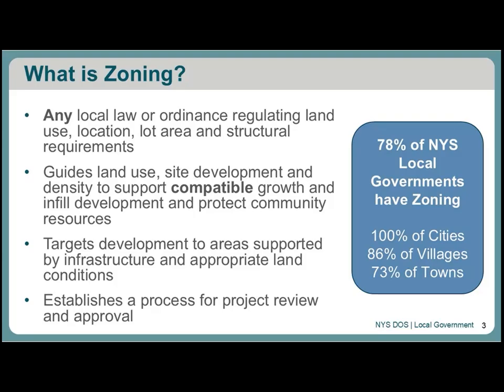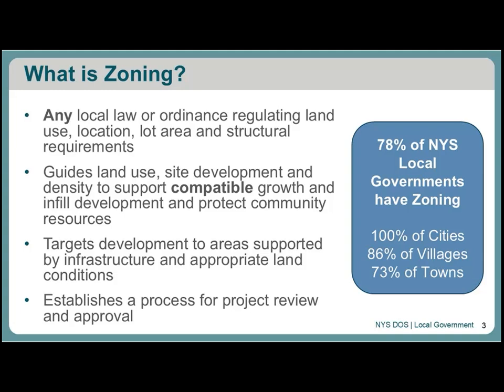Today, zoning has evolved, and we like to think that zoning is more about allowing for more uses that are compatible by addressing concerns that might make for incompatibilities, being proactive about those things and addressing them up front so that you can allow for more uses to coexist. In addition, zoning can be used to target development to certain areas of a community, typically those supported by infrastructure. If a community has made public investments in infrastructure, you're going to want to target growth to those areas.